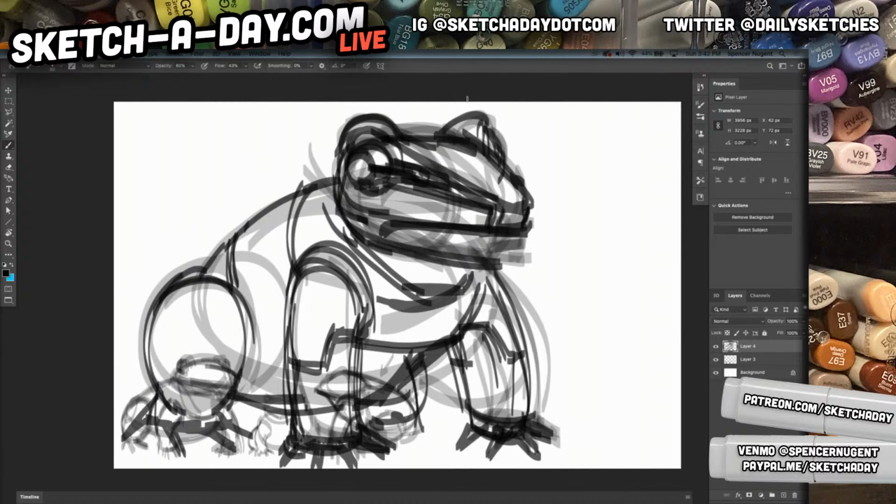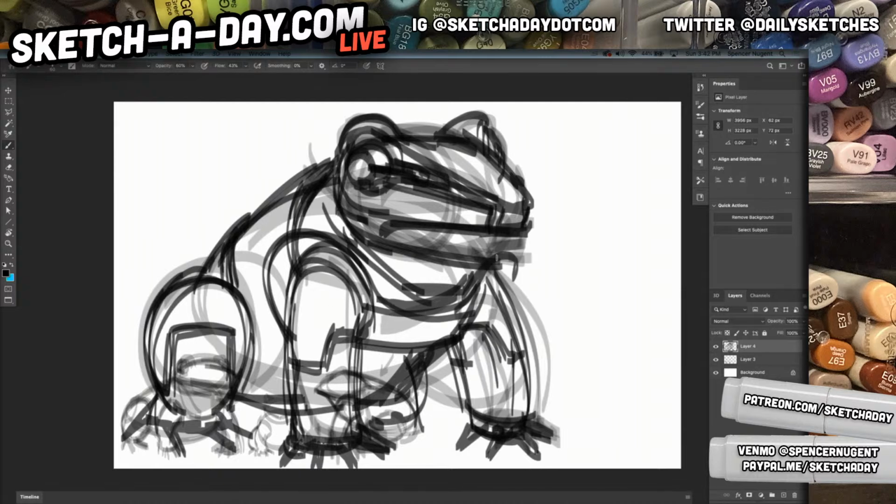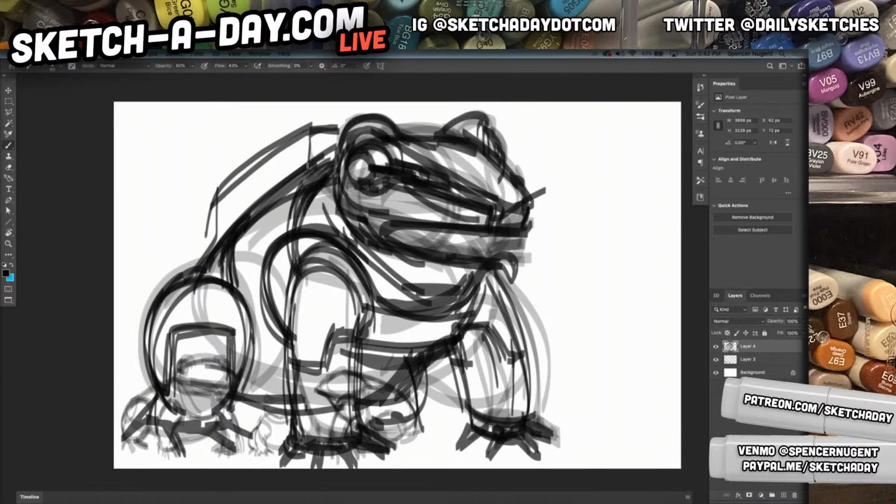Alright, if this frog swims, what would a frog need? What kind of augmentations would a robot frog need? Probably has air tanks already, so I don't need to do that. Because it's not a fish, it needs to use oxygen in some way. Maybe this is a sort of chest piece detail for the frog. I'm just putting something on the back. I don't know what this is yet, but